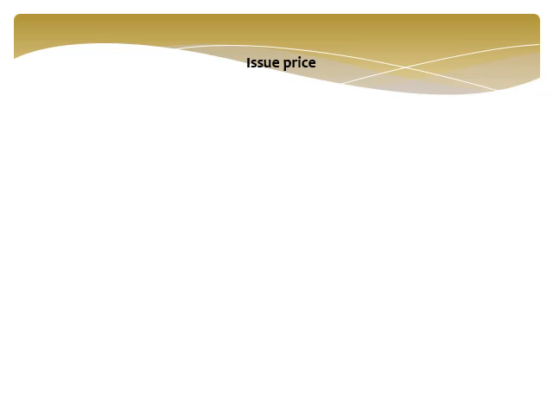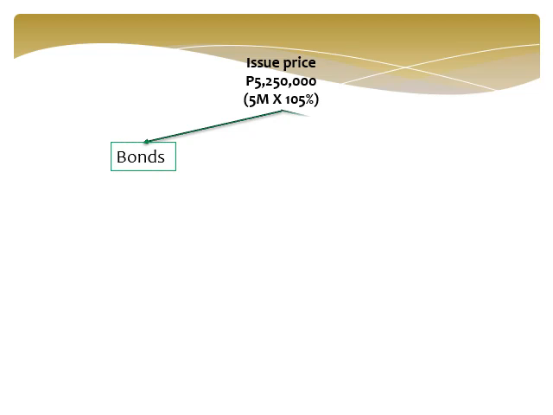Based on our illustration, we have an issue price of 5,250,000 pesos, because the bonds were issued at 105. So, 5 million times 105%, 5,250,000. So, we should allocate this issue price to the bonds and to the conversion privilege, to the liability and